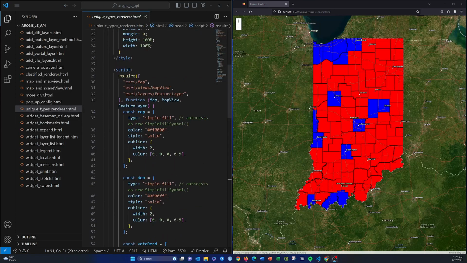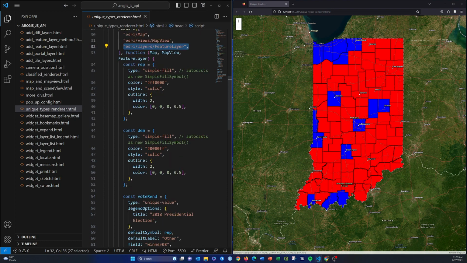So again, you need to call in your modules. So I have Map, MapView, and FeatureLayer, and then list them out there in the same order. The next step is we need to define the symbols that we want to use. In this case, I have two categories, so I'm going to define two symbols. I'm creating a symbol for the Republican and then for the Democrat